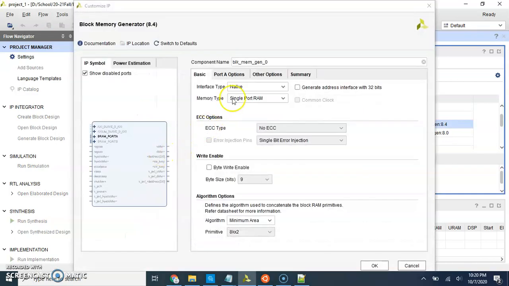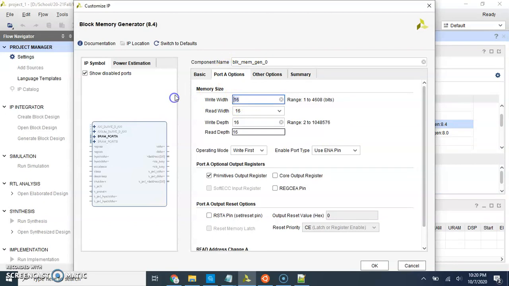So click AXI4. We want this to be single port RAM. If you deselect this byte write enable, that makes it so you can only read to it. You can't write. We don't need to read or write to it, so I'm leaving mine deselected. Let's go ahead and change our write width to 12, and the read width, and that just makes it so you've got 12 bits wide, and we need our depth to be 100,000,